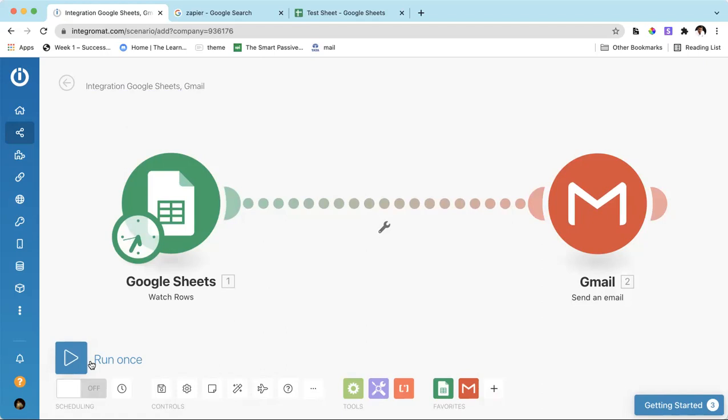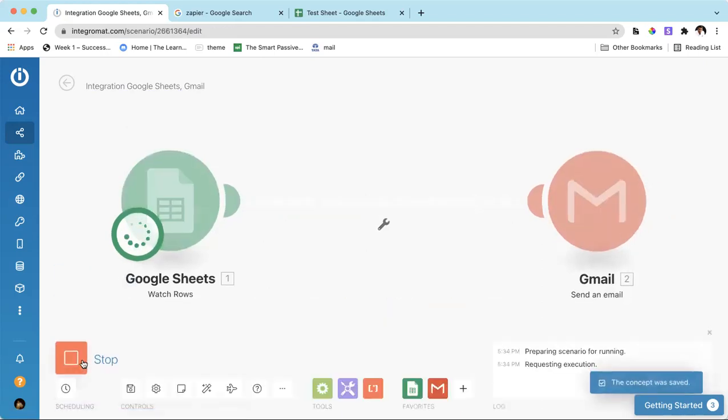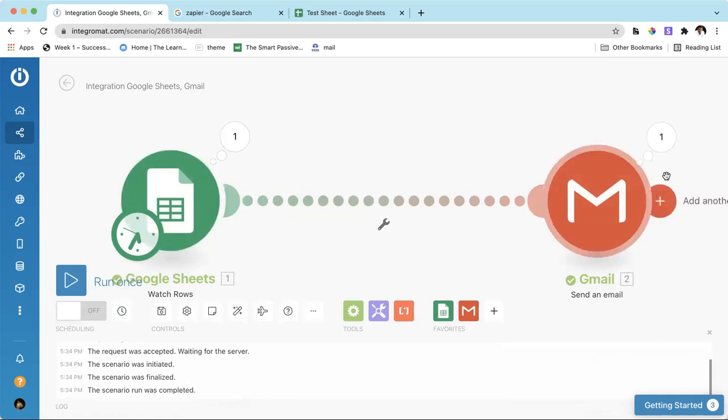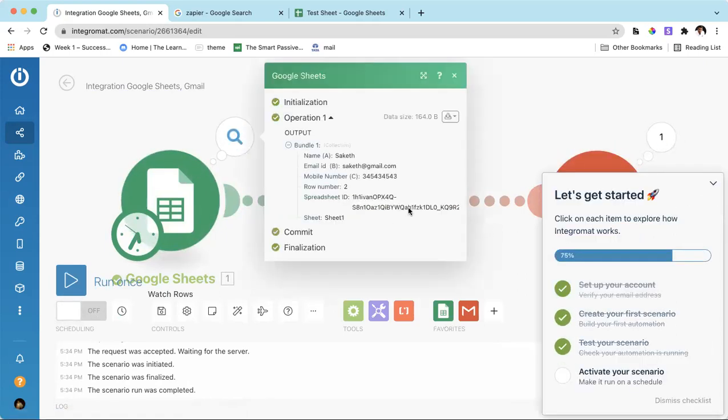Now I'll just show you briefly. Okay, let's run this for the first time. Okay, Google Sheet, it has observed the change and it has outputted the following results. My first entry in the Google Sheet, this is my mobile number, from the spreadsheet. Okay, it has finalized.